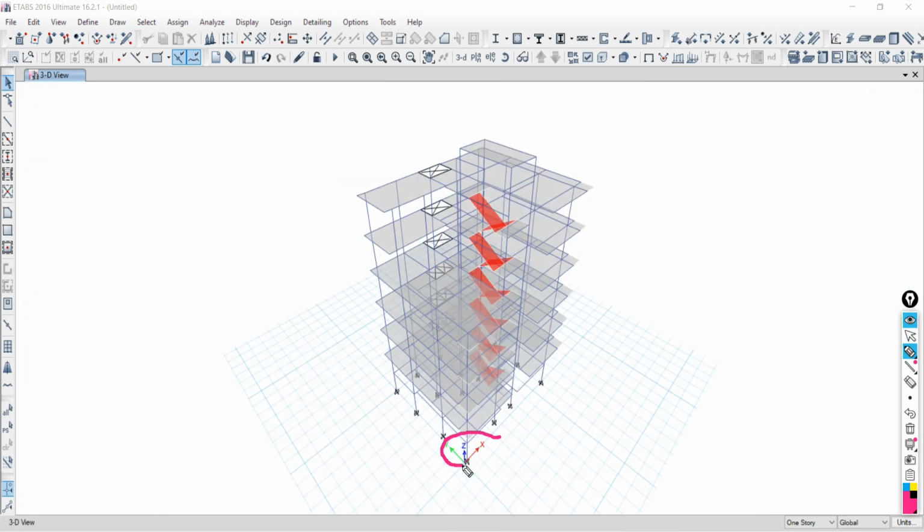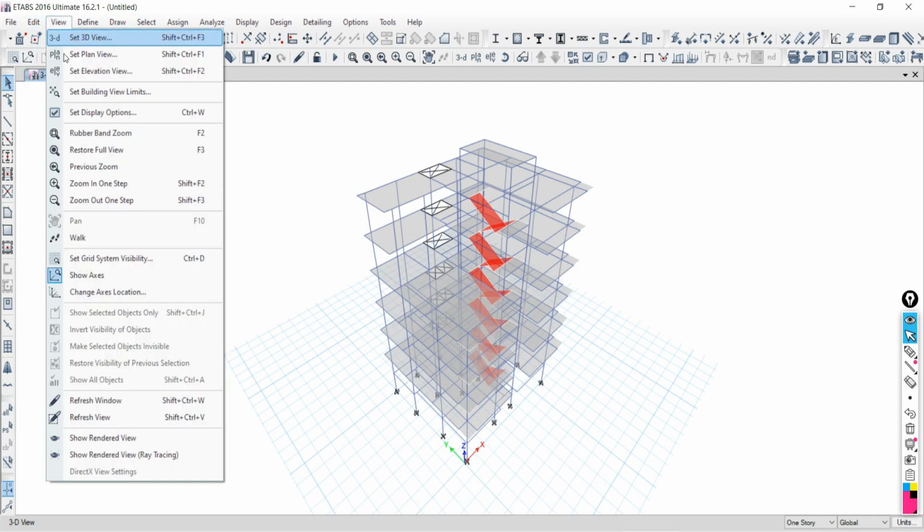It is the global axis system. This is your choice, whether you want to keep it in view or not in view. So just go to edit.